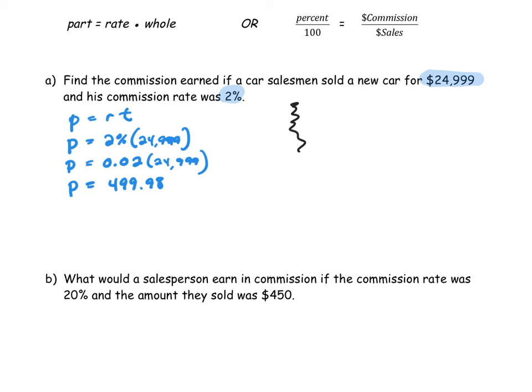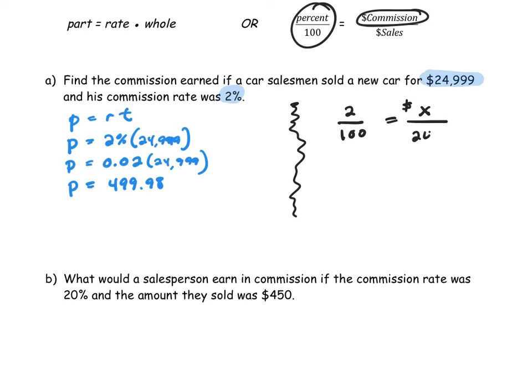Now, there's another way we can do this. We can build a proportion, and we start with the percent. And percent means the number that they give us out of 100, and that equals the commission, which we're trying to find out, but we know it's some kind of money. Somebody's earning money based on the amount of sales, and the sales that they give us is $24,999. So if we do it this particular method, we're going to cross multiply 100 times x,